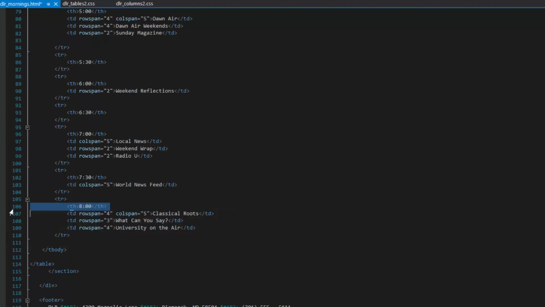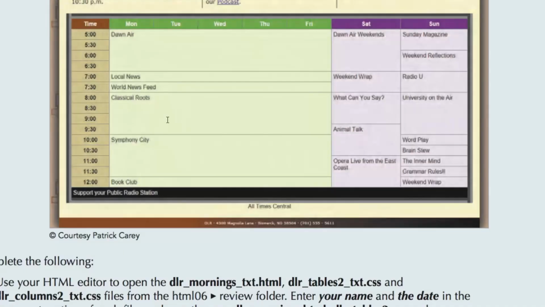So we've got the TH with the 8 o'clock hour, followed by a TD, which is our row span of 4. It's a 2-hour show, col span of 5. It's on 5 days a week. Name of the show, Classical Roots. Then on Saturday, we have a TD with a row span of 3 because this show's on for an hour and a half. Its title is What Can You Say? And then on Sunday, we have a show that's 2 hours long, so a row span of 4 there. The name of the show, University on the Air. Save that. So we've done 8 o'clock, and these 3 shows here, Classical Roots, What Can You Say, and